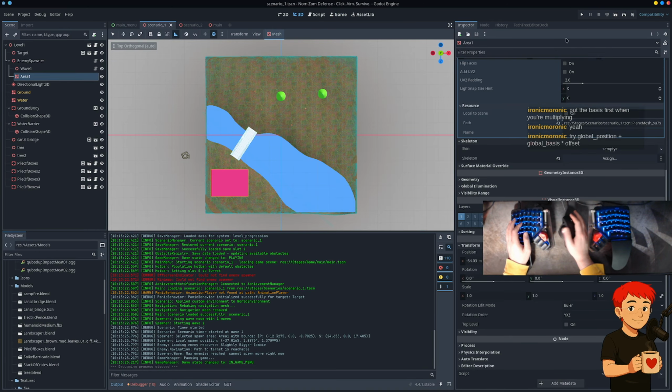But this one not. Local spawn position -44, -4. Yeah, that's not right. So if I go back to this,